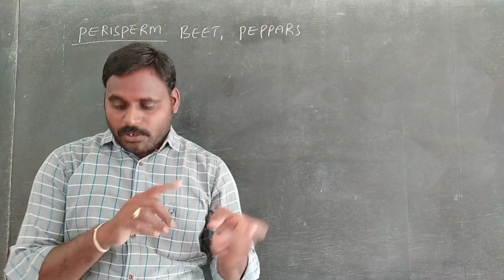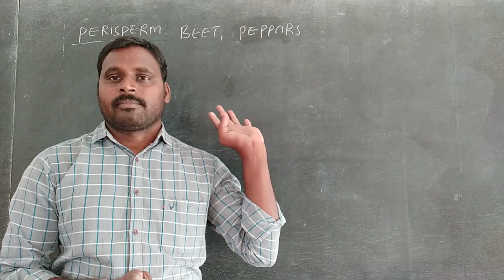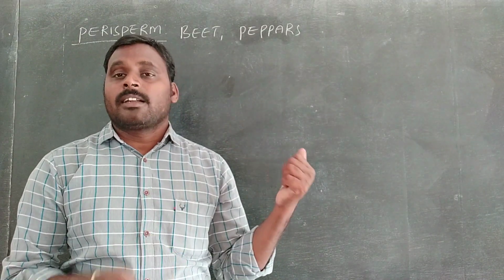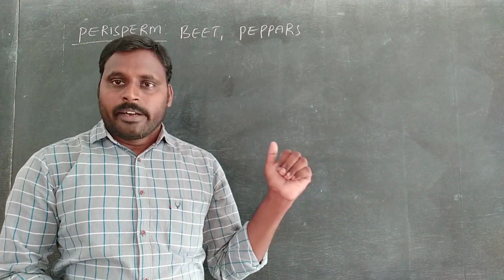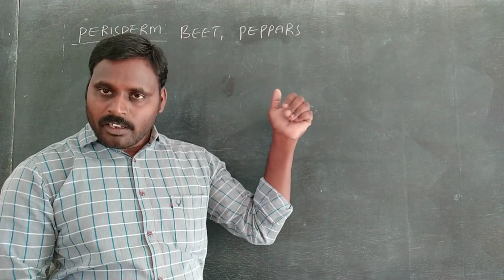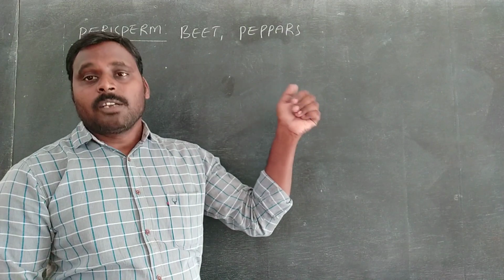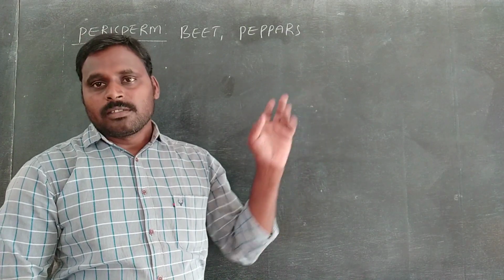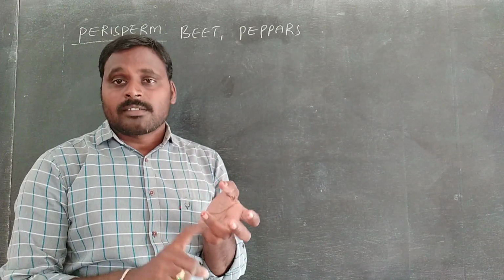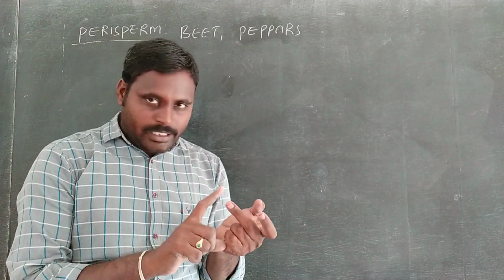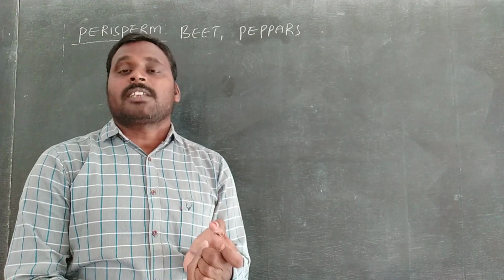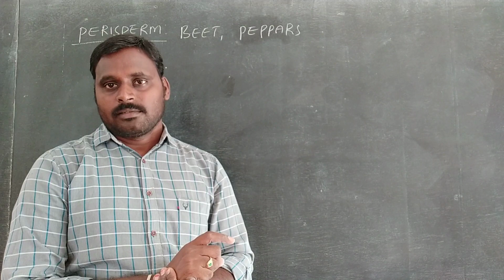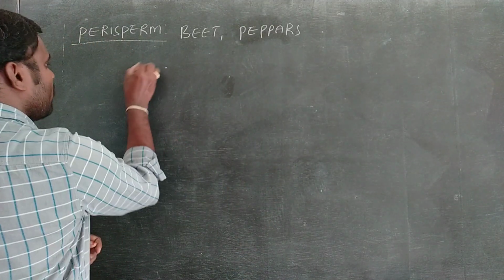So this is about the seed. In the ovule, the micropyle develops into the seed pore. The seed pore is present in the seeds. What is the use of this seed pore? The seed pore is useful for the exchange of oxygen and water, and it is helpful for the germination of the seed. Clear now? So, seed pore.